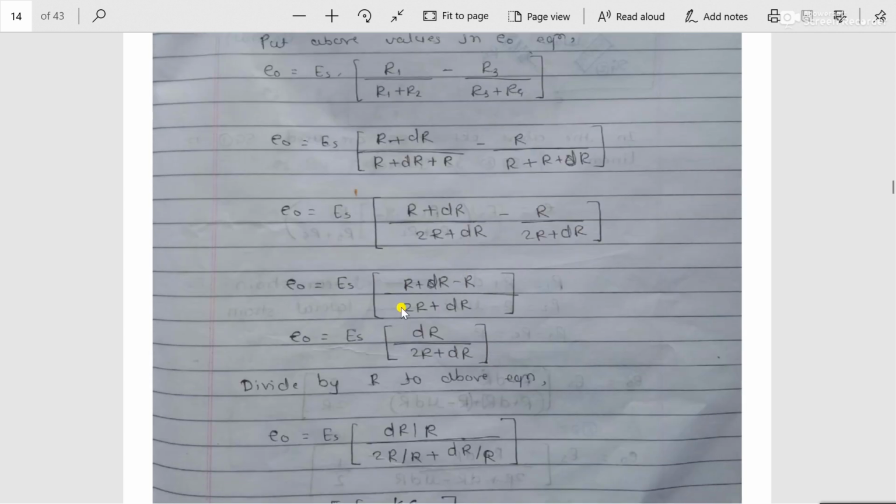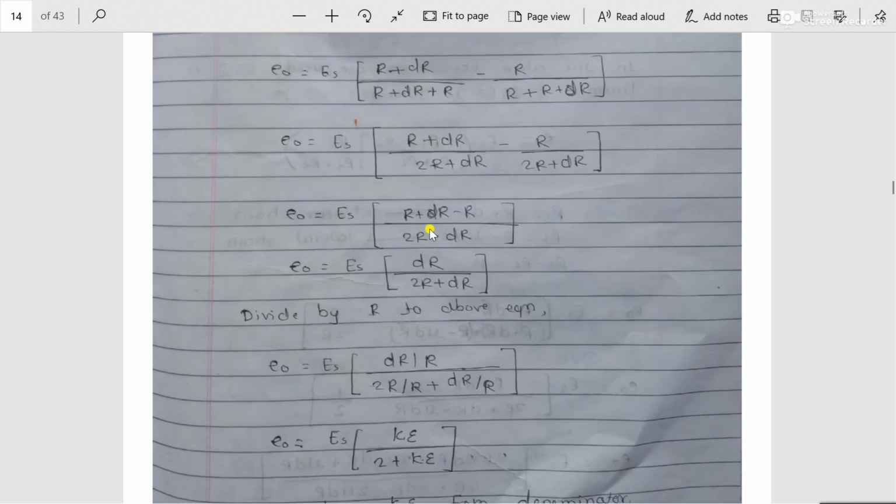So once I have written the equation E0 is equal to ES in bracket, for making the denominator the same, that is 2R plus delta R as it is, and at the numerator we have to take the subtraction, that is R plus delta R as it is, this minus R is also as it is. So the plus R minus R from this numerator will get cancelled. So the equation becomes E0 is equal to ES in bracket delta R upon 2R plus